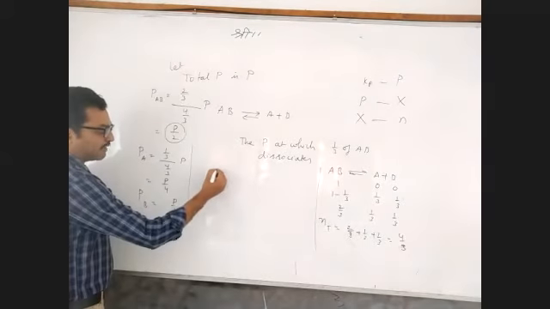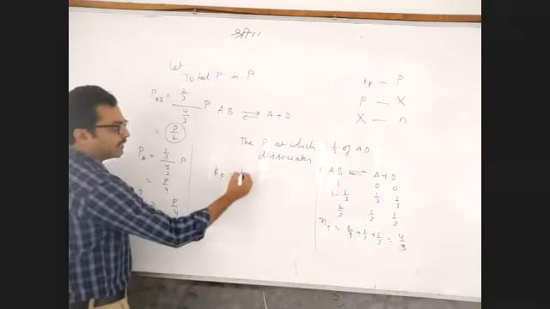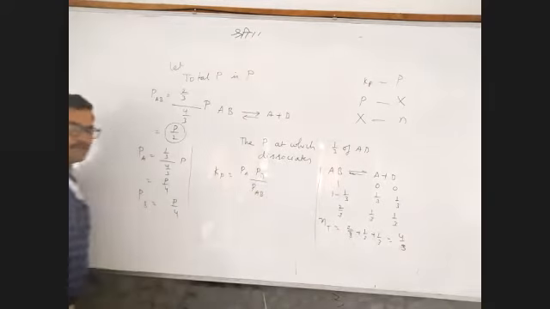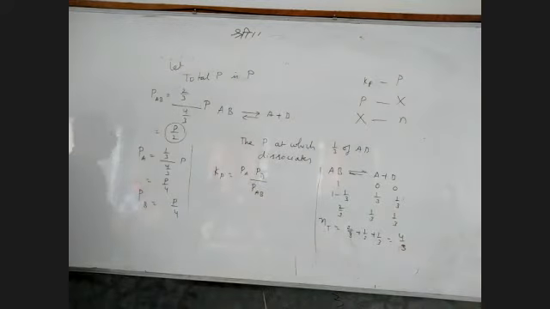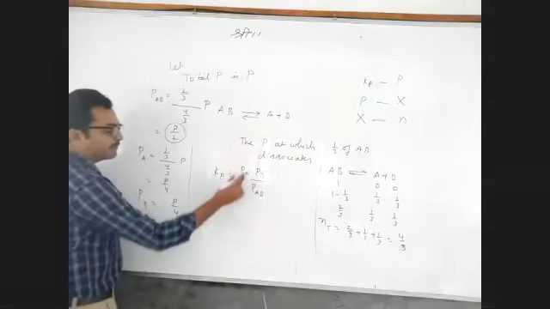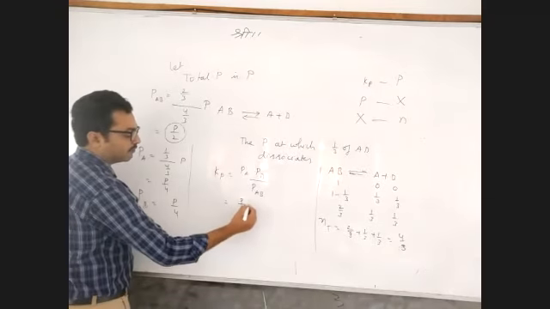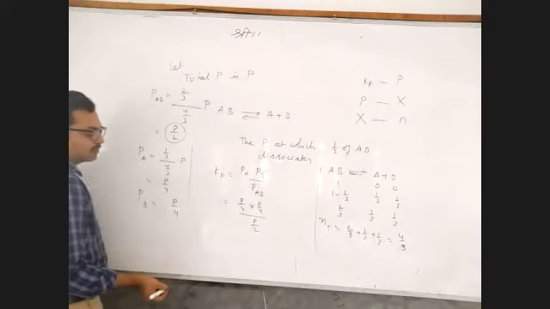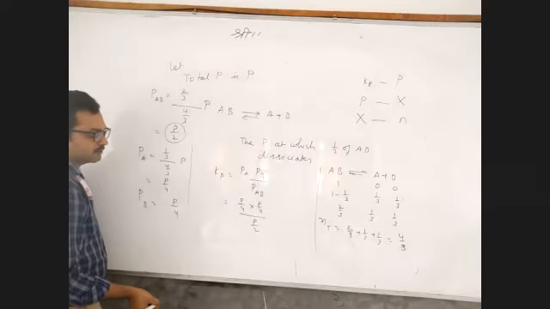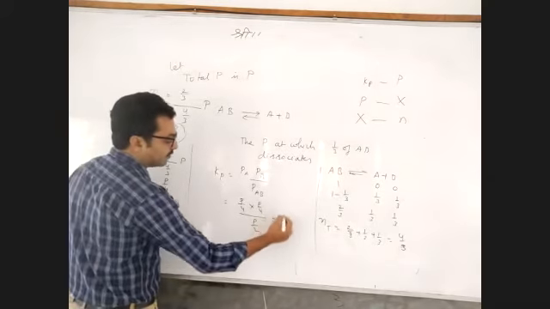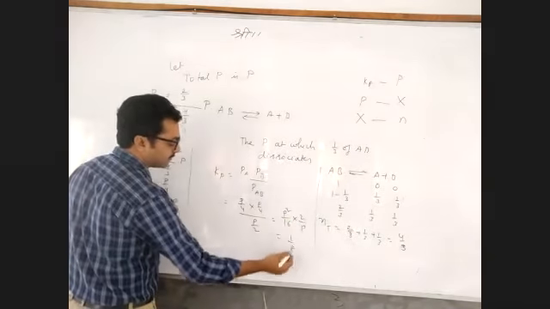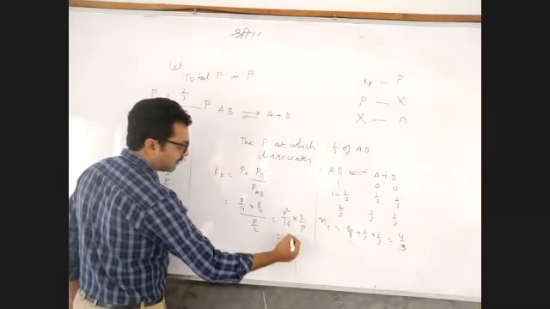Partial pressure. Now what have you written? Kp is equal to partial pressure of A into partial pressure of B by partial pressure of AB. Am I right? Product by reactant. No raising powers because all are 1 mole, 1 mole, 1 mole. Now partial pressure of A how much? P by 4 into P by 4 by P by 2. So P squared by 16 into 2 by P. So that is P by 8.